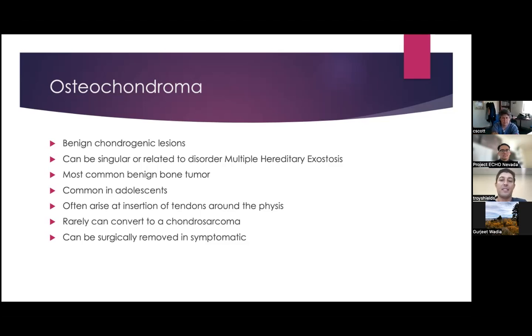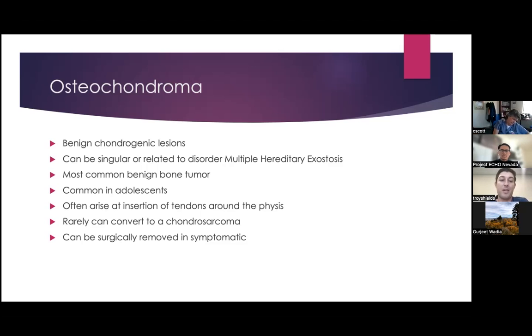Again, around the physis, sort of near tendon insertions. There is a rare crossover where it can convert to chondrosarcoma. This rarely happens in the pediatric or adolescent population, but it can happen when patients have them later in life. If you're ever in doubt on these, an MRI can be ordered because the cartilage cap and the thickness of the cartilage cap around it is what predicts whether or not it'll be